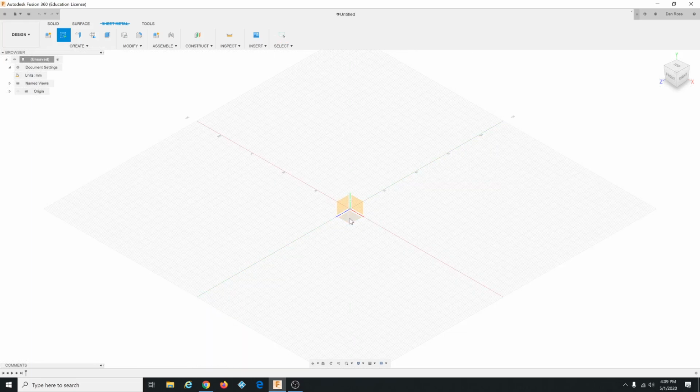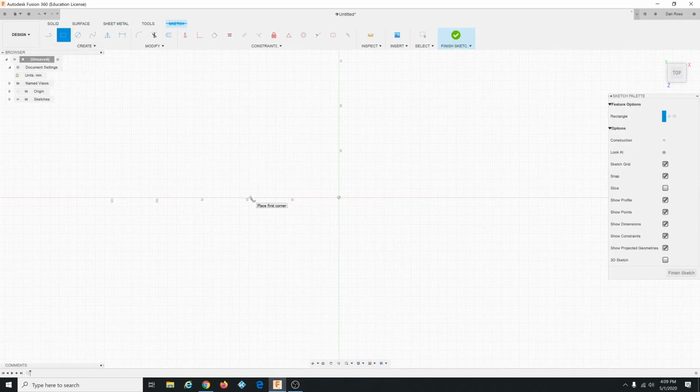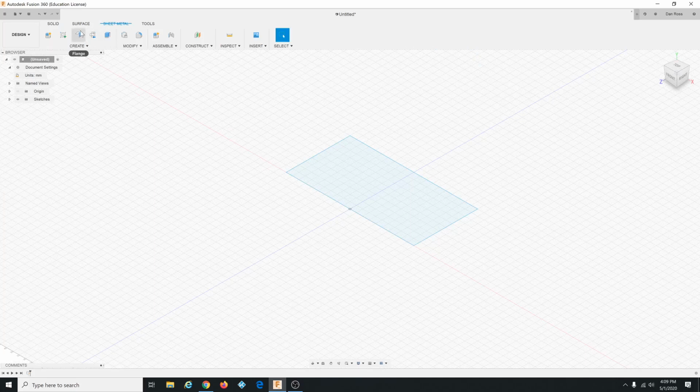And the plane you want is this one down here, the blue-red one, which is the XZ plane. Click that and click 2D point, two-point rectangle. The tutorial is asking you to just use the grid snap and click a point, move your mouse, click a point. We got that right there. Click finish sketch. Then, we're still in the sheet metal menu, go to create